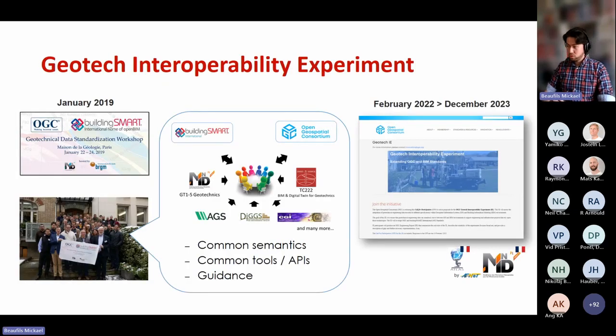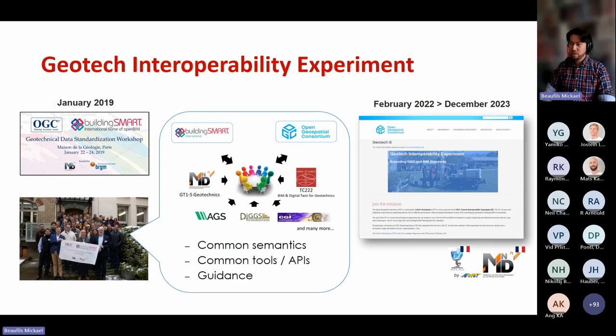I would also like to introduce an interesting activity, the Geotech Interoperability Experiment, that well reflects this idea of working together and defining standards together. In January 2019, there was a geotechnical data standardization workshop held in Paris.